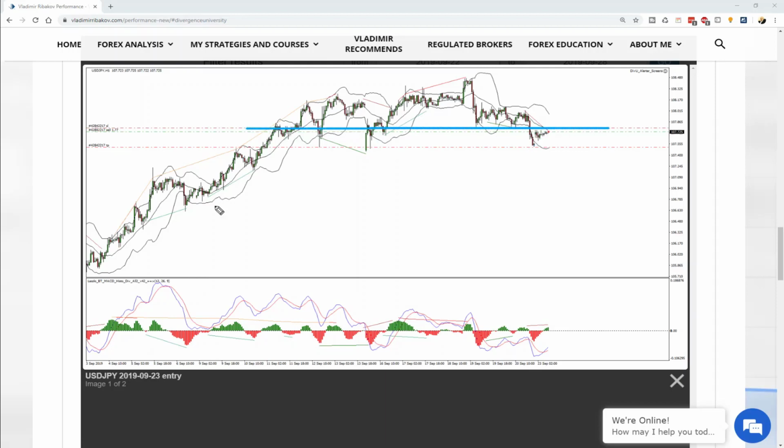Perfect level right there. Lack of divergence to the downside. We only had divergence on the MAs, and this is where we got hidden divergence between these two. So you can see it was a very tiny stop loss